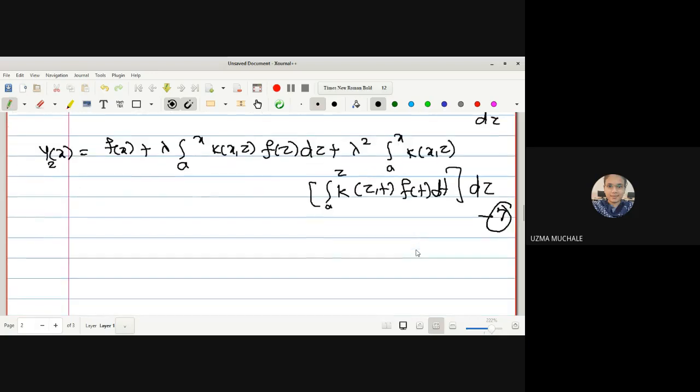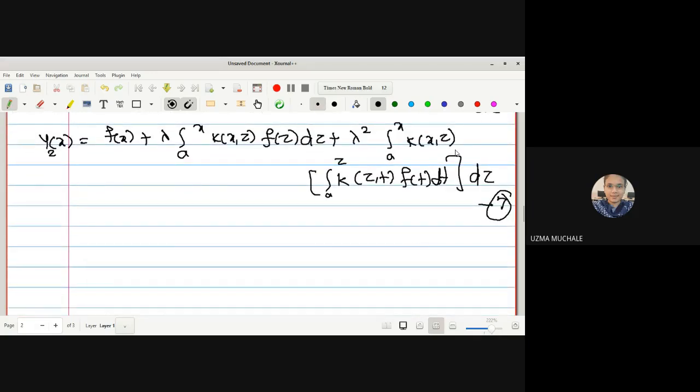Now if I want to solve this equation, here integration is with respect to t and here it is with respect to z. To solve this type of integral equation, you should go back to our BSc second year, in which we have used a method. What was the method? Considering the double integration. Let me write that down so that you can remember what we have done in our BSc. Here the integration is with respect to t and z, so we are going to change them now.